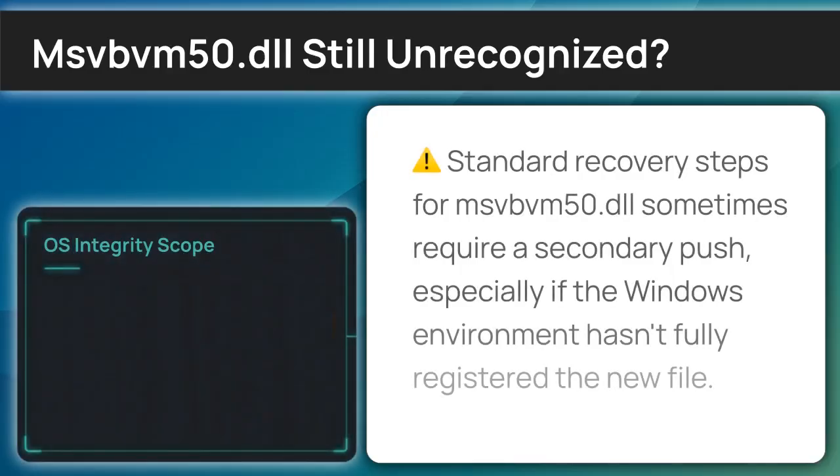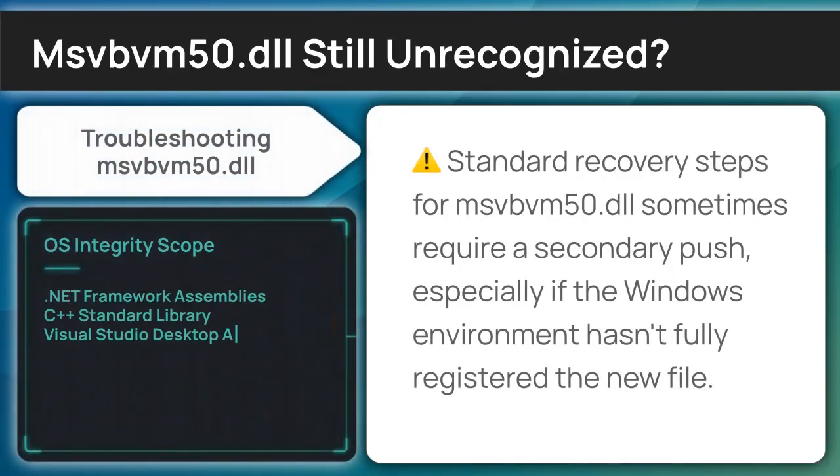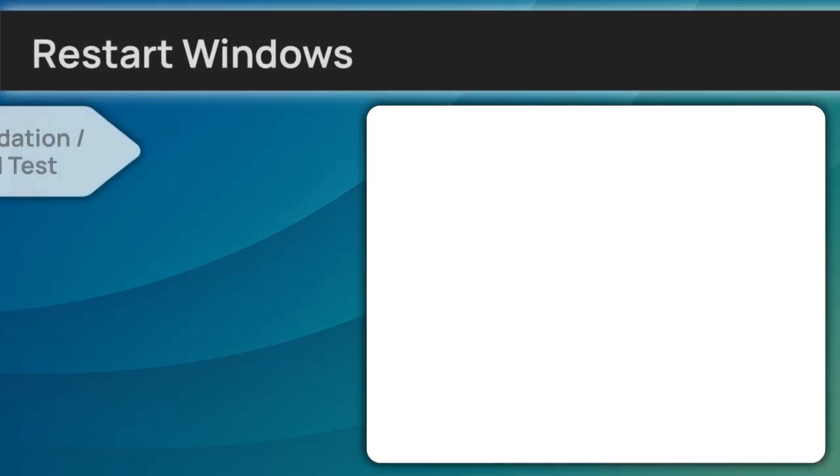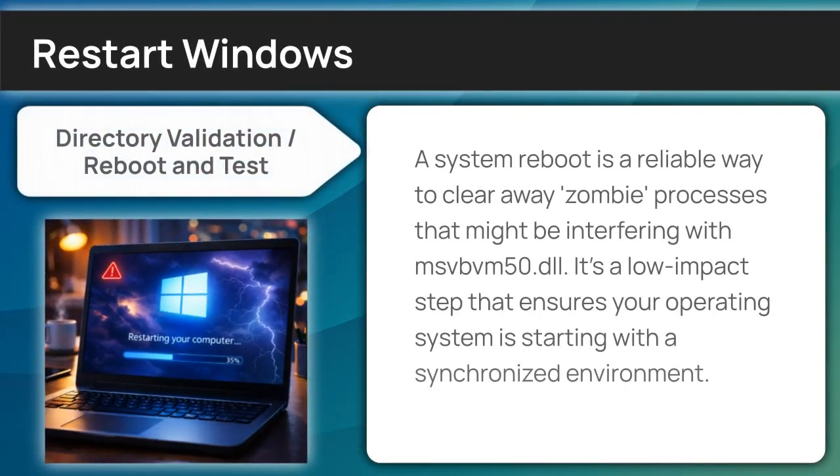In cases where the official installer remains ineffective, we must escalate to a manual review of your system's active runtime state. Performing a restart can determine if the error is just a transient environment glitch. A reboot refreshes your system's path variables and can sometimes re-establish a broken link to the Visual Basic Virtual Machine